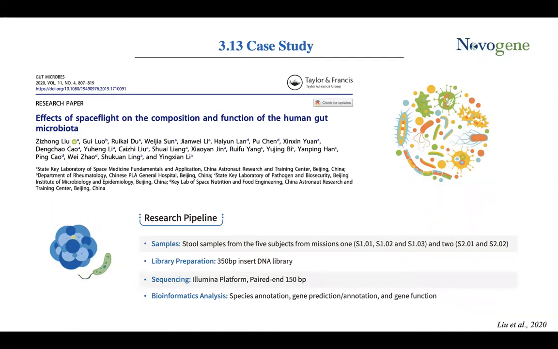And as we know, space is a dangerous environment and a risk to human health. And astronaut physiologies change profoundly when exposed to the environment in space. And previous spaceflight studies have shown that astronauts were easily infected by bacteria, viruses, and other pathogens because of immune dysregulation. So in order to study how spaceflight influences the composition of human gut microbiota, the